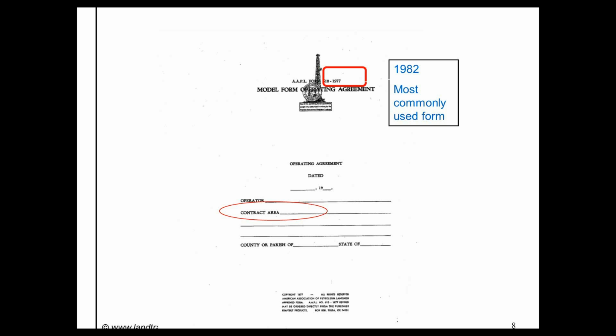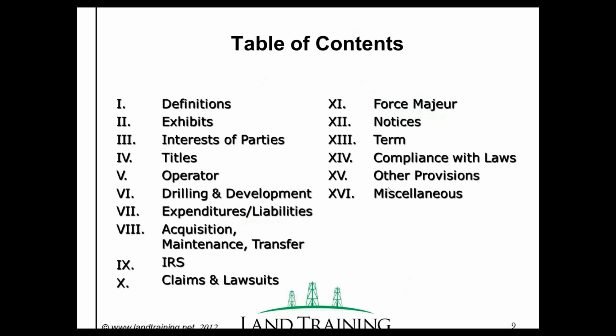Okay, so now let's look at that table of contents. If you have it in front of you, please turn to the table of contents page. I believe it's the second page. And we're going to go over what is in this table of contents because you need to be familiar. If someone says, oh, I have a question about an operator, you need to be familiar that that's going to be Article 5. And when I teach a live class on this, I actually have a memory exercise that I use so that right off the bat you'll know what the 10